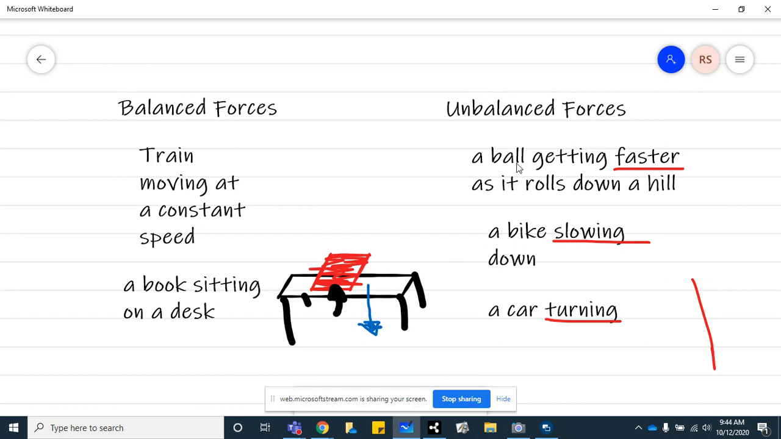Unbalanced force examples: a ball getting faster as it rolls down a hill, a bike slowing down, and a car turning. Those are all examples of objects that are changing their motion caused by unbalanced